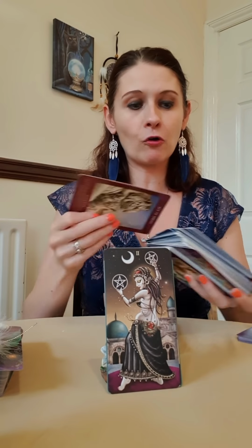So we're going to get an animal card for you. Wow, powerful. We've got the Ace of Spring. So this is also another sign for you with the Spring card coming out. And the Ace of Spring signifies a new beginning. And this is powerful because this is like the Ace of Wands in the traditional tarot. And this also signifies March. So the angels are saying, you know, between now, March, April and May, there's huge significant changes coming into your